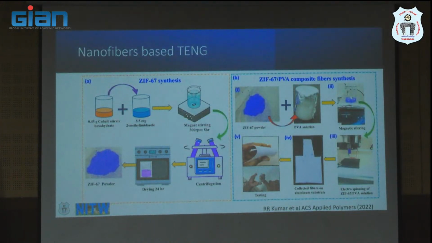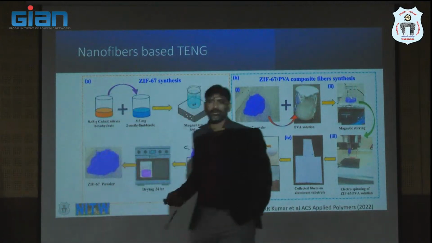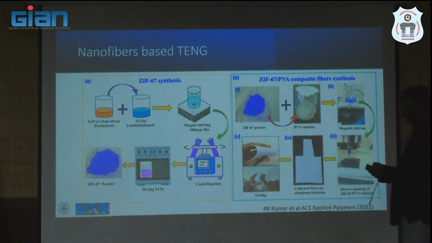Now we move to nanofibers, where we have done simple nanofibers using the electrospinning machine, where we have used GIP67 with some PVA solution, and finally we made a nanofiber mat with the electrospinning machine. This experiment we are going to demonstrate in the afternoon lab, where you are going to see the electrospinning machine, how fibers are made out of the electrospinning machine. So after the nanofibers are made, we have